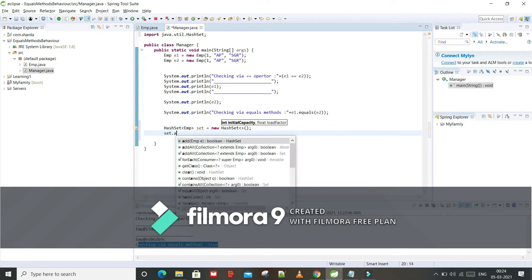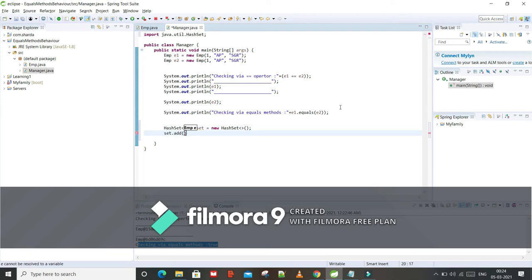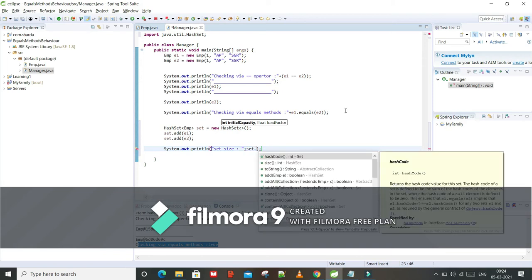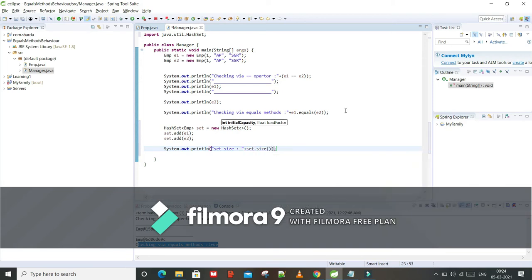Now set dot add of e1, set dot add of e2. So what do you think will be the size of the set? Set dot size.